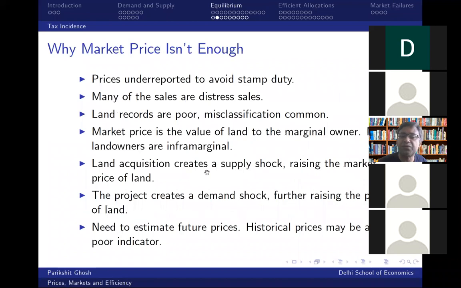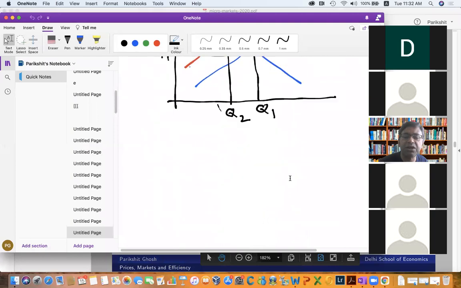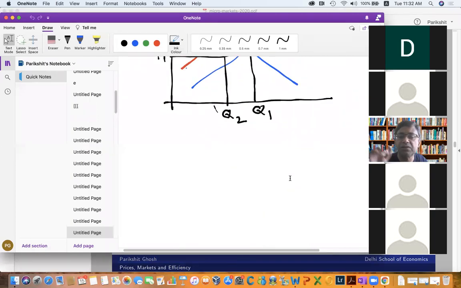Well, there were many things which were wrong. Now, let me make the main point, and then I can repeat some of these. But if you just apply your simple demand supply logic, this apparently reasonable rule that market price has to be paid should come out to be seriously wrong, because